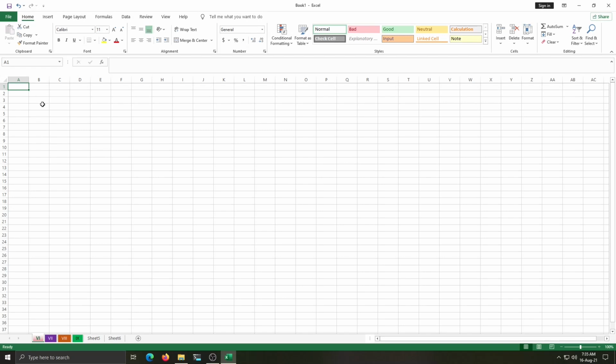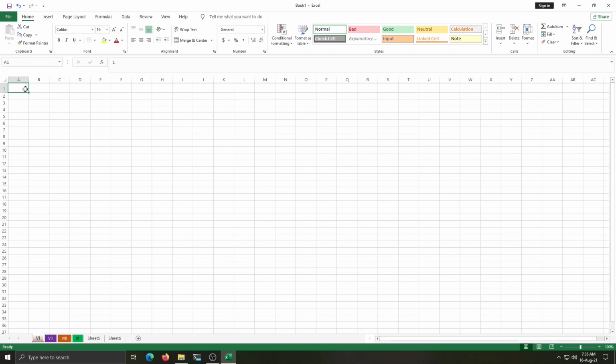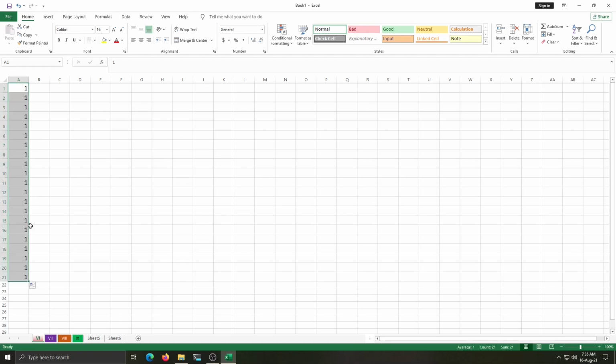First, I am writing here one number. I will increase the size to see this clearly. If I write any number and click on that, take your cursor at the corner of this cell. See, this cell is selected. This is an active cell, and in that cell the corner is little different, there is one small box. If you take your cursor on that, then your cursor sign will convert into a thin plus sign. Just drag it down. What happened? The same number is displayed down.